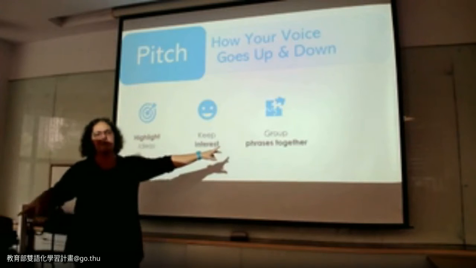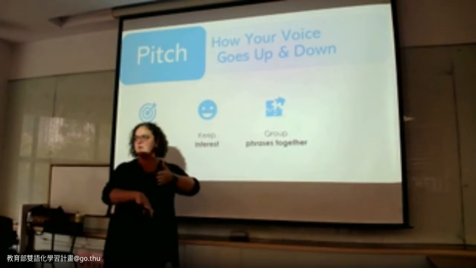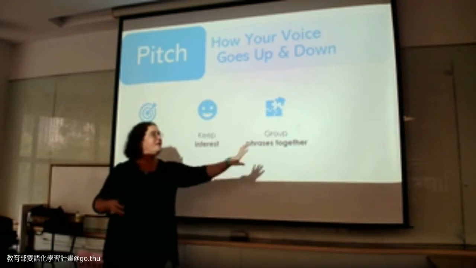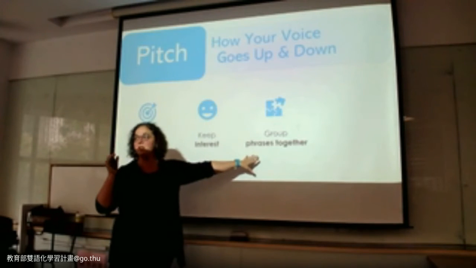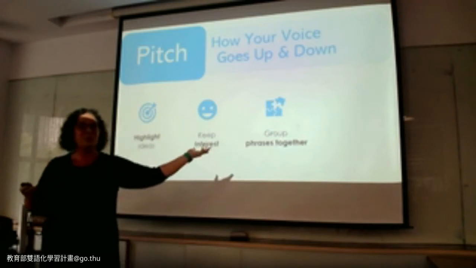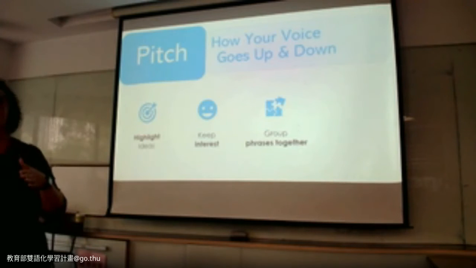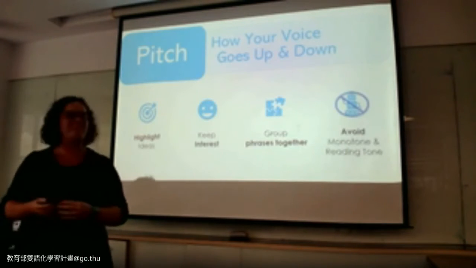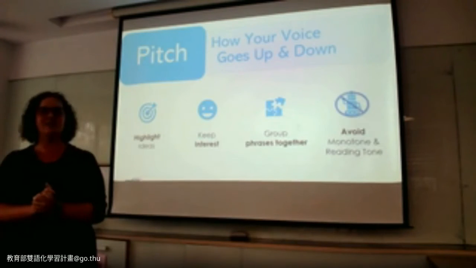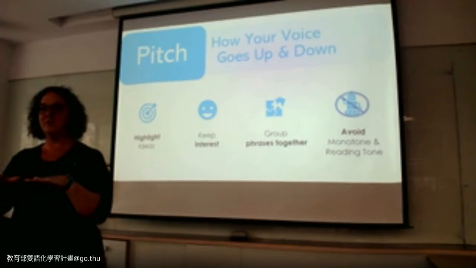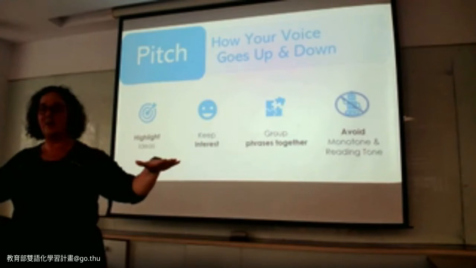This is what Mark mentioned. We've got to make sure we're grouping phrases together, because phrases have certain kinds of intonation. So if we're not phrasing properly, then we are going to become incomprehensible, or it's going to be harder on the listener to understand. This is something non-native speakers could work on: practicing their phrasing so that the intonation can follow. And then finally, we want to avoid monotone and reading tone. I will give you examples of both. Monotone is when we don't have any pitch and we are always talking at the same tone, and it's just going like this, no up, no down.